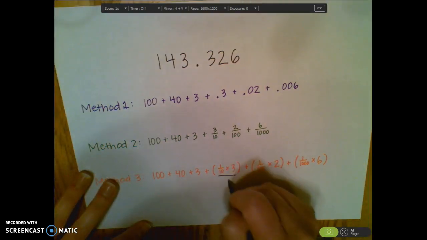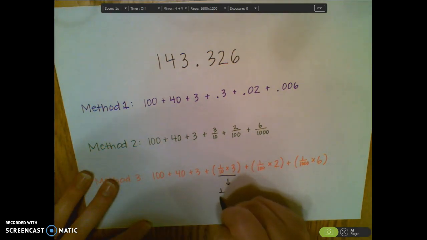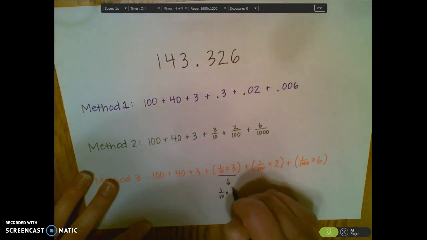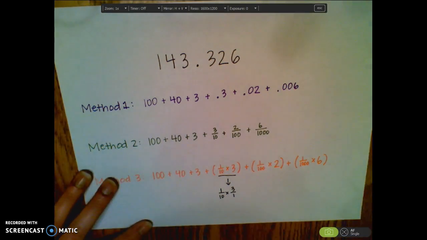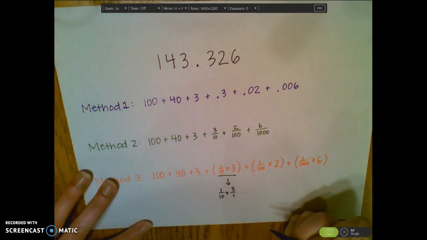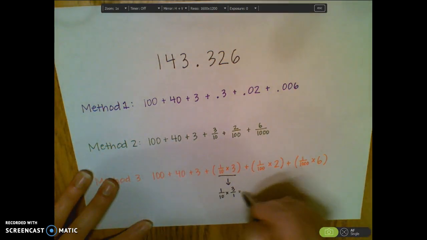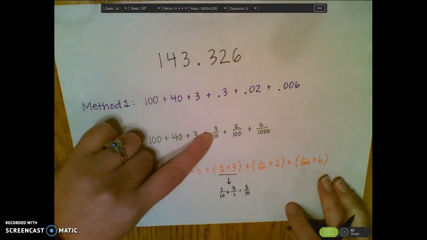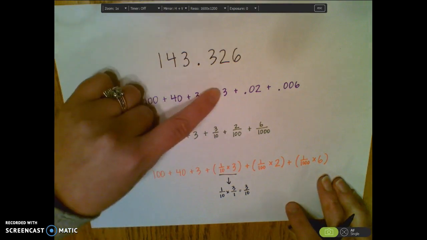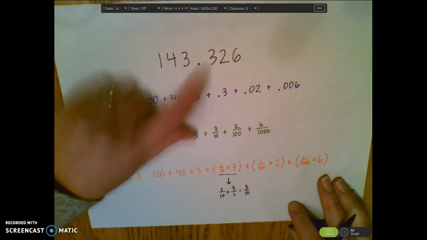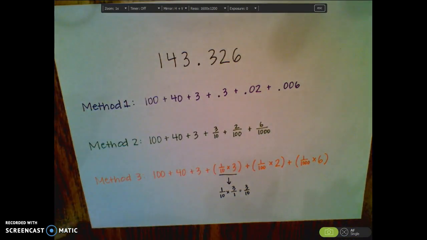So a problem like this is nothing more than 1/10 times our whole number, which is 3/1. And remember, when we multiply numbers, we multiply across, and that is 3/10ths, which is what this digit is here, which is what that decimal represents in my main number. Okay? So that's basically the 3 main ways that we show decimals when they are being expanded, and we talk about the value of each one of those